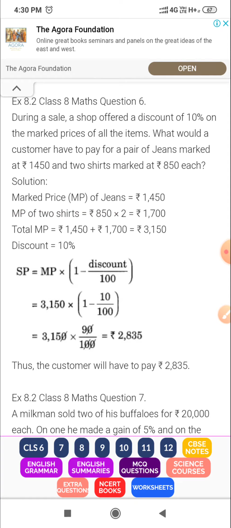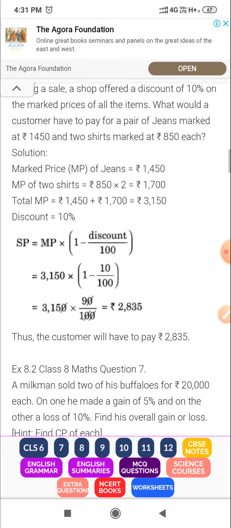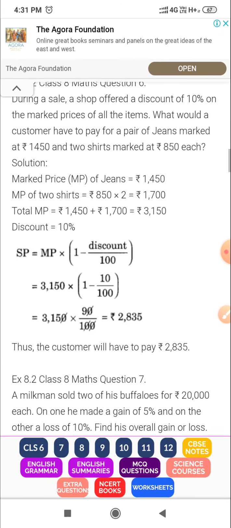Then we will find out the total marked price. For this we have to add the marked price of jeans and the marked price of two shirts, and it is rupees 3150. Now it is given in the question that the shop offered a discount of 10%, and we have to find